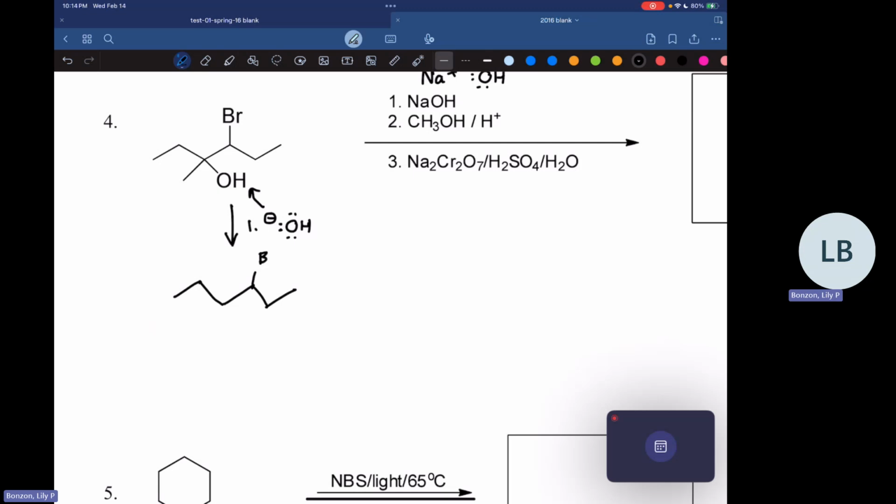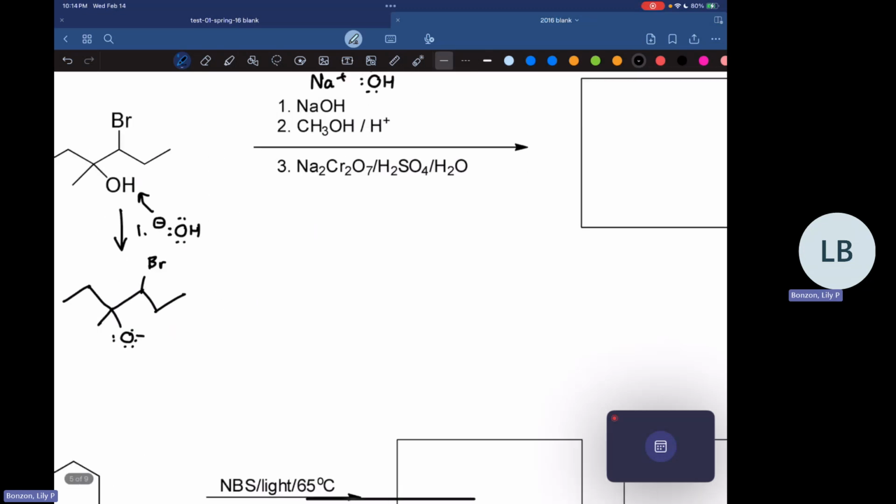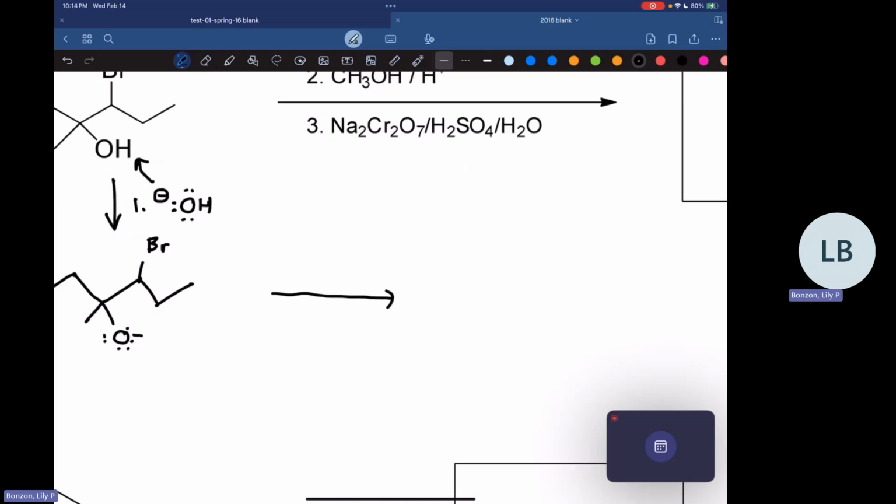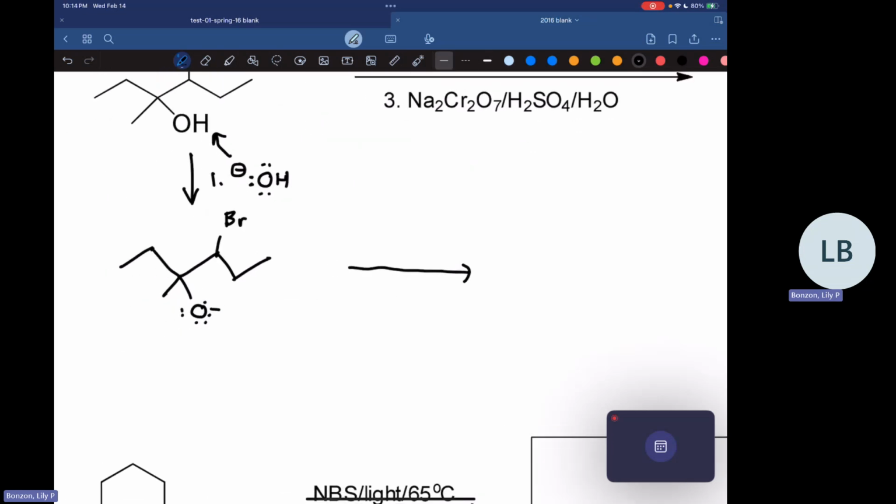Got that bromine there. And now we've got our O- on that carbon chain. So what happens with the second step, we've got acidic conditions. We've got this methanol in acidic conditions. And so what happens in this reaction,